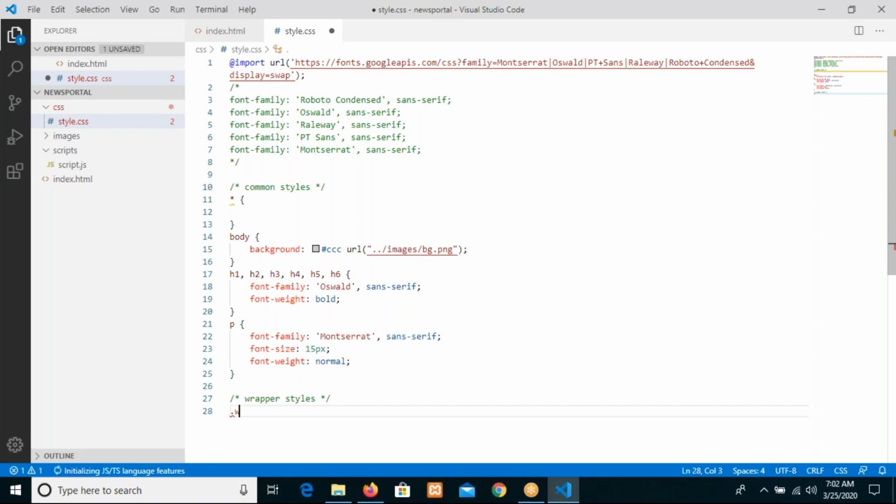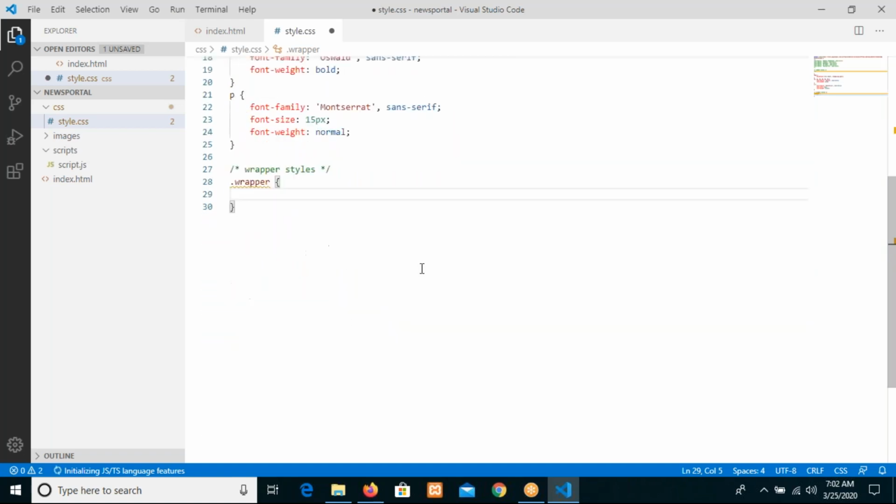So write a class and name it wrapper. It's not important exactly what you use, but wrapper generally means covering up all the items. Here we are going to put the header, footer, navigation, sidebar, all these things. So that's why we just want to keep it all in one. That's why we have just written wrapper. And then inside this wrapper,